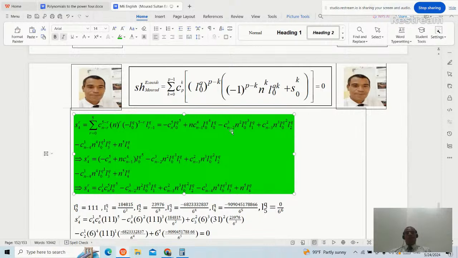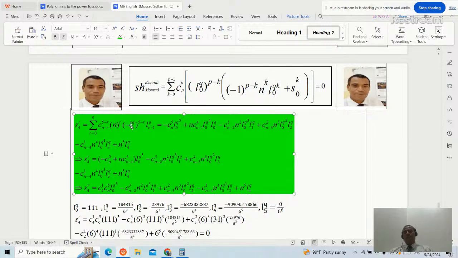Minus, when r equals 2, it will be combination n minus 2, then 5 minus 2 is 3, minus combination n minus 2 choose 3, times the square of n times L0 of order q raised to the power 3 times L1 of order q, plus, when r equals 3, it will be n minus 3 choose 5 minus 3, which is 2, times n cubed times L0 of order q raised to the power 2 times L2 of order q, plus, when r equals 4,